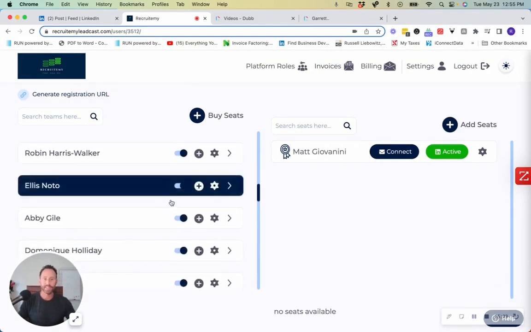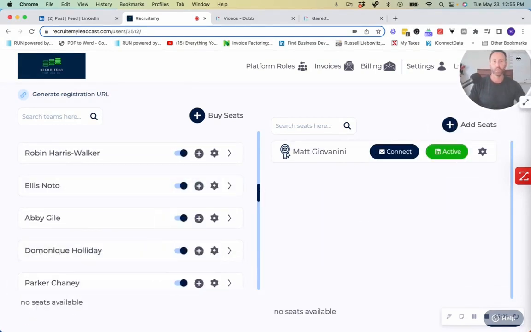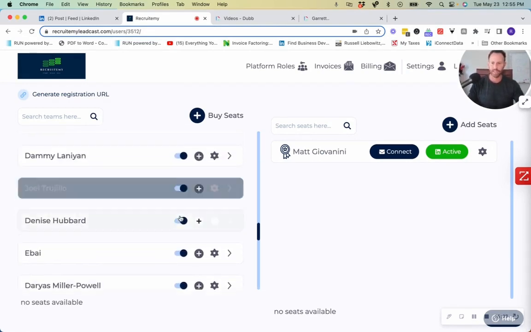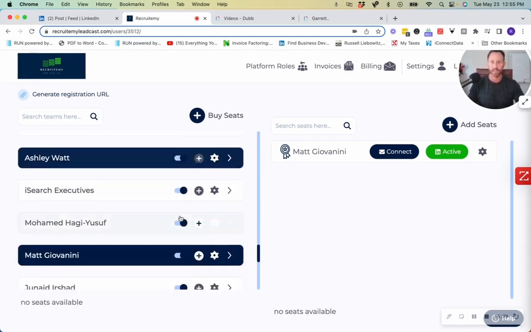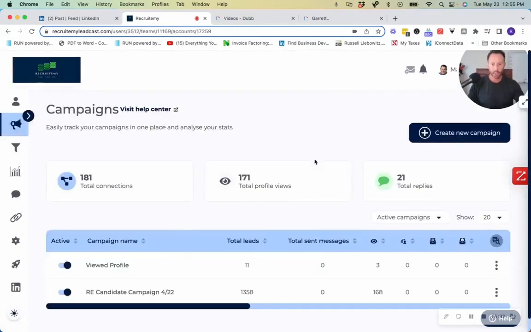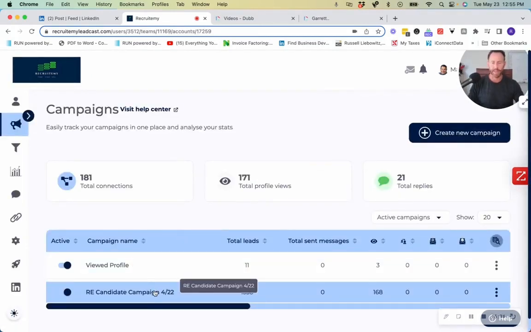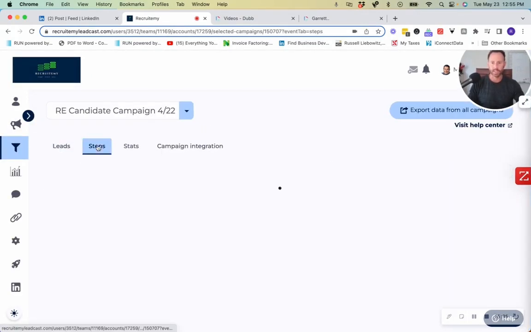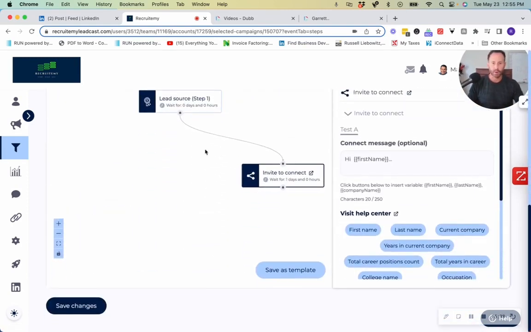Maybe it's just an invitation to connect, if you're currently not a first degree connection. So I'll give you an example of what that kind of sequence looks like. Let me go into Matt's account again here. We do a couple of campaigns for Matt in here. I'll click on steps. And then if I scroll down, here you go. So you can go ahead and set up an invitation to connect on automation. It's going to start sending out those invitation connections to all 273 people.